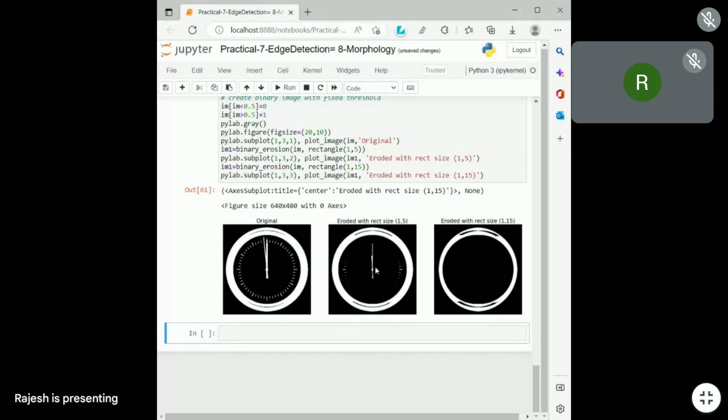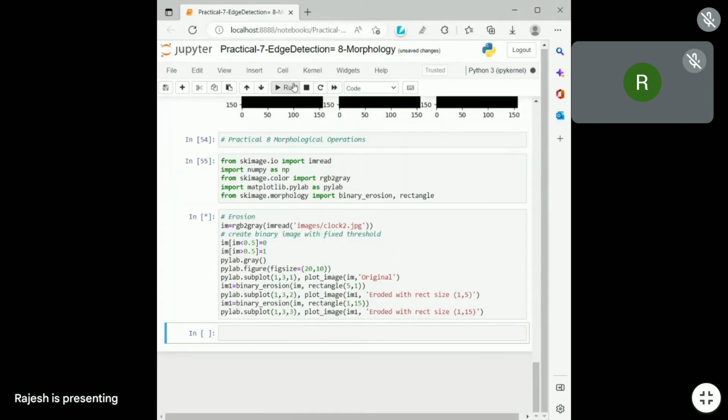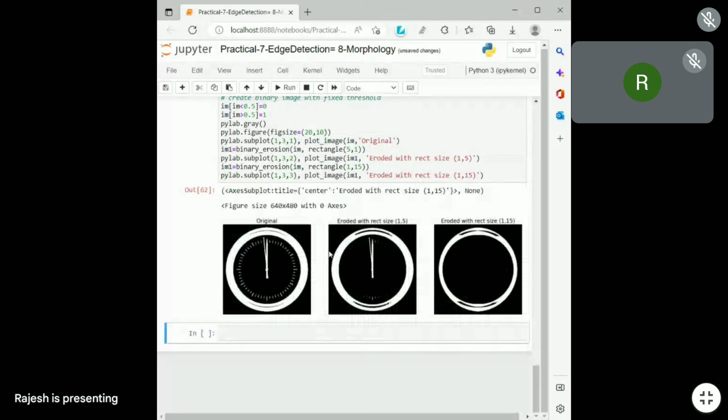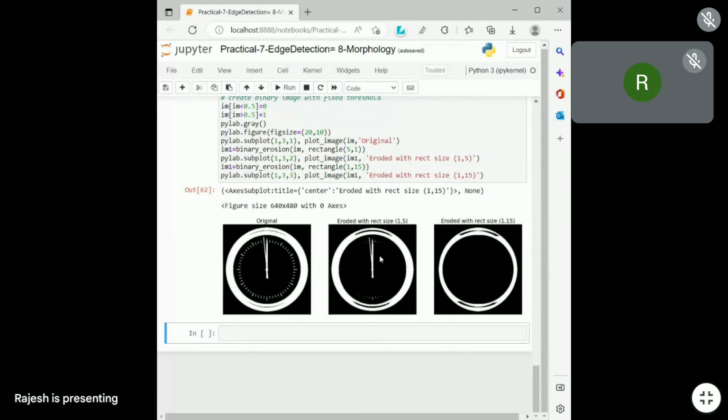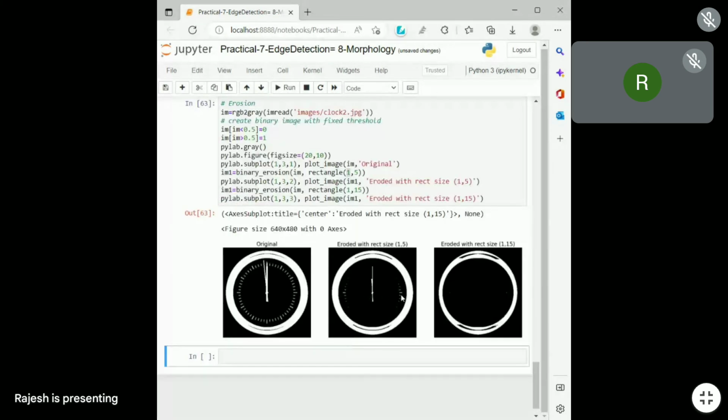And suppose I make it 5,1, you see what happens. In the previous case some of the horizontal lines were remaining, and here the verticals remain. That means with 1 cross 5 or 5 cross 1, whether it is horizontal or vertical gets removed. Now you see the horizontals are remaining, because your structuring element was in the vertical direction, so the vertical ones were removed. In this case it is 1 cross 15, and if I now say 5 cross 5,